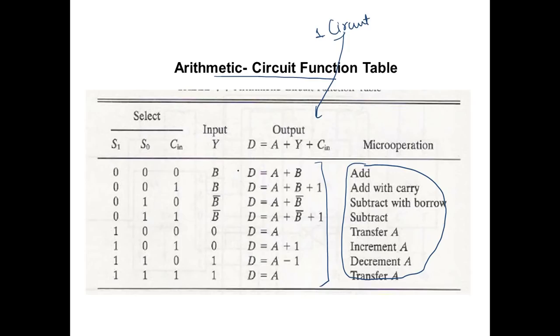So what is the operation here? Either I want to perform only addition or addition with carry, subtraction with borrow, subtraction only. I simply want to transfer the data. Remember I said no change can also be part of arithmetic circuit. Same here also I am getting a no change. Just because I have to provide all the values in this case, like here how we are taking the result is that we are only having two input variables.